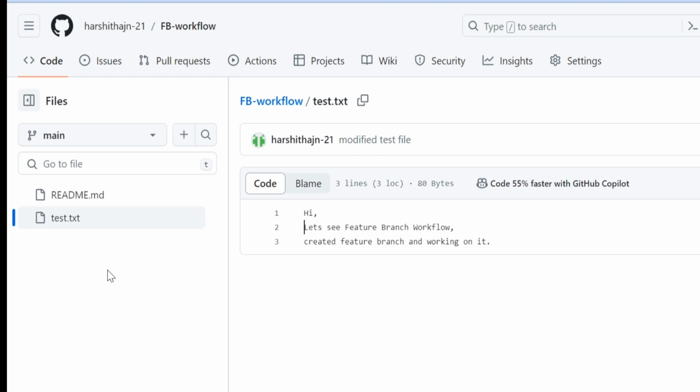First in the main branch we were having some file that is test.txt. We cloned it. Then we started creating a new branch which is the feature branch. In that feature branch we tried to modify the test file. After modifying it, we gave a compare pull request. So after approving it, at last we merged the test file to the